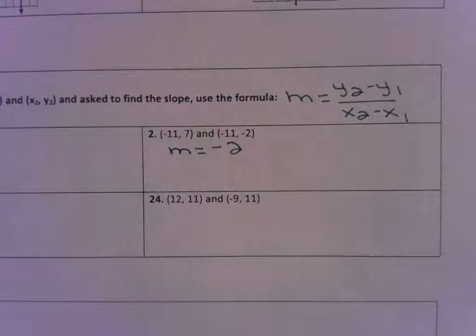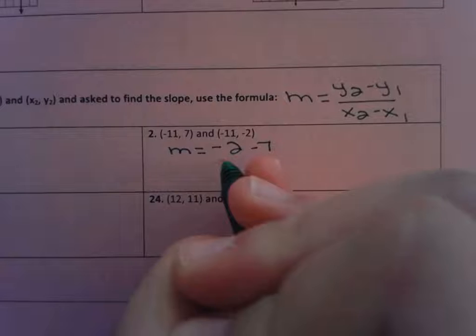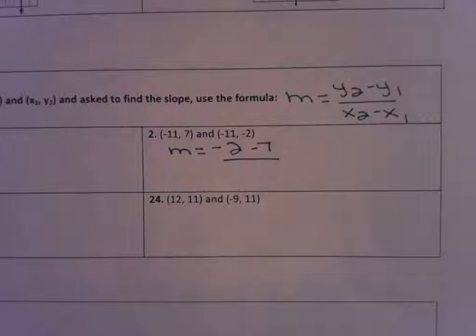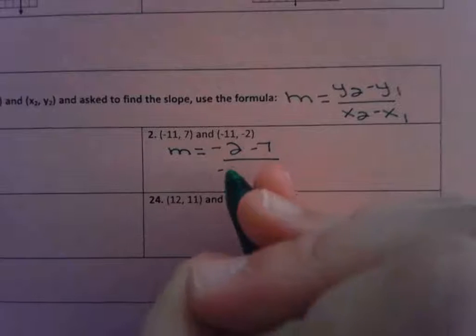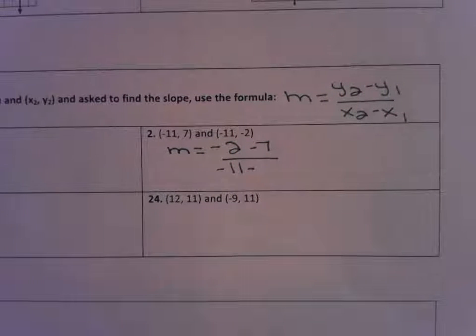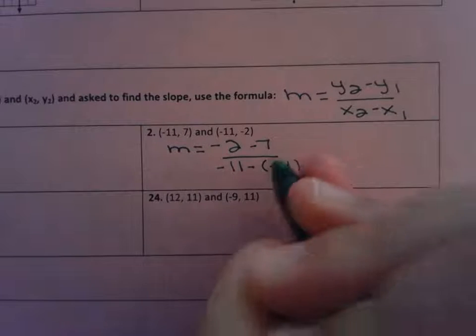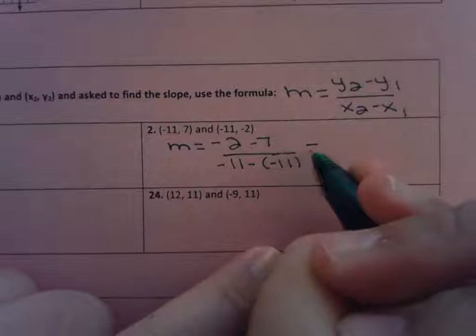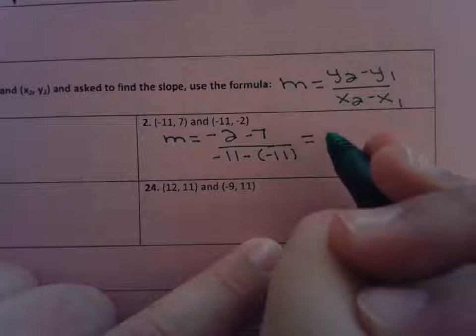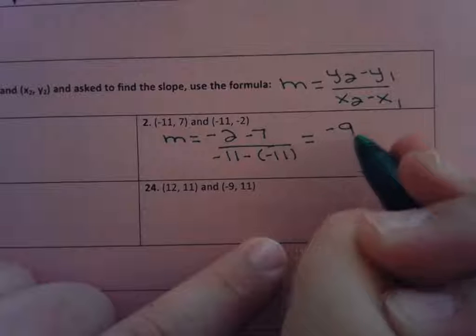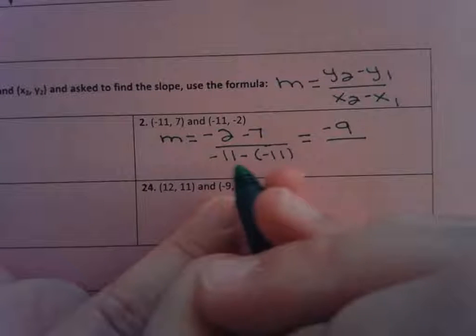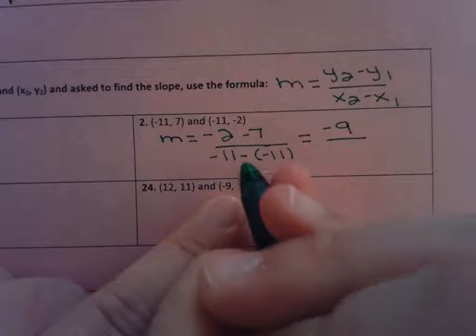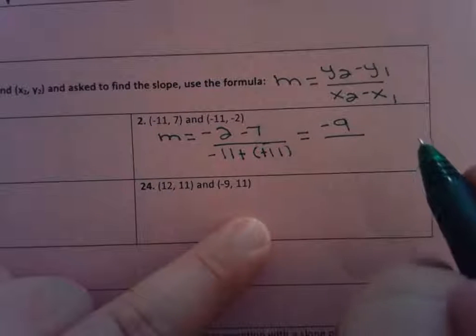So m equals negative 2, the second y value, minus 7. Over the second x value, which is negative 11, minus the first x value, which is negative 11. Be careful. It is minus the negative 11. So you have a minus, plus you have that negative 11. On top, negative 2 minus 7, negative 9. Over negative 11 minus a negative makes the middle two plus signs. Negative 11 plus 11,